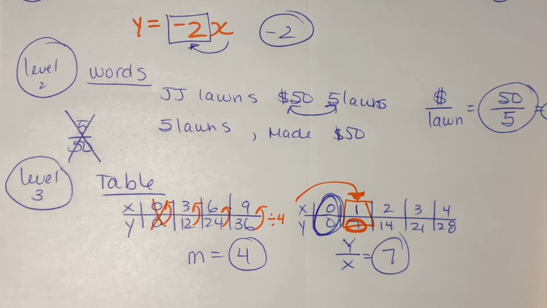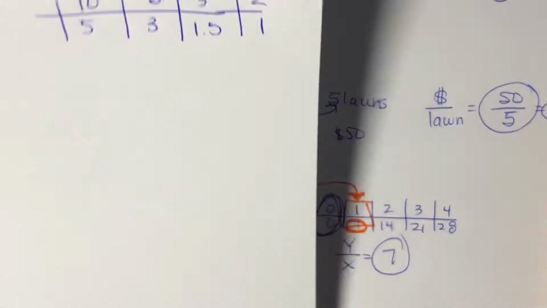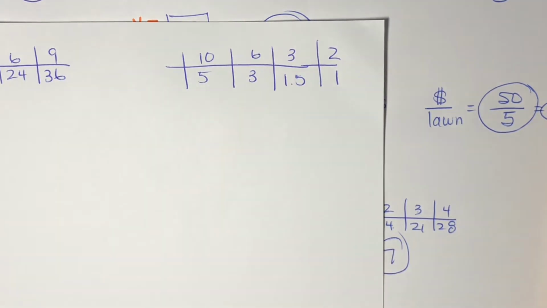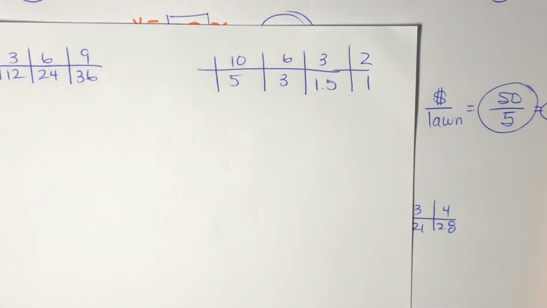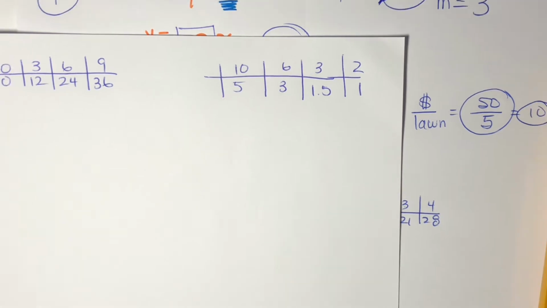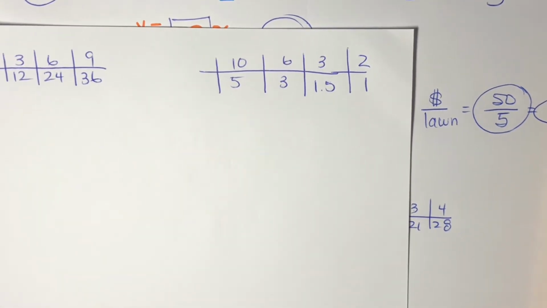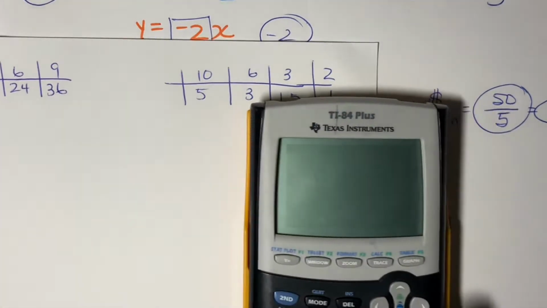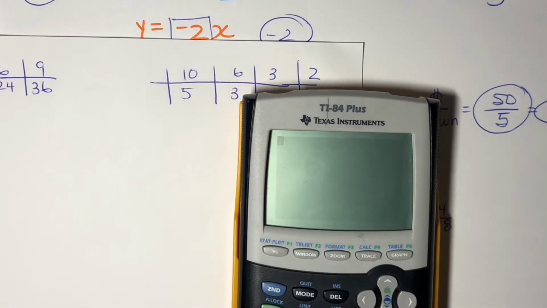Okay? So like for this problem right here, I don't see a 1 anywhere, so I'm going to have to get a little fancy and see if I divide the y by the x's, what I would get. So let's take this and say, okay, I'm going to take, sorry, there's a glare. I'm going to take the 5 and divide it by 10. Well, that's going to give me